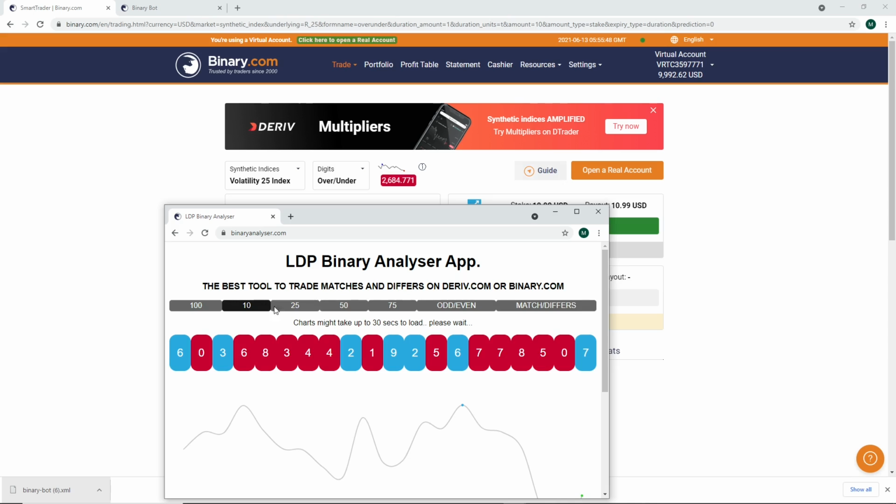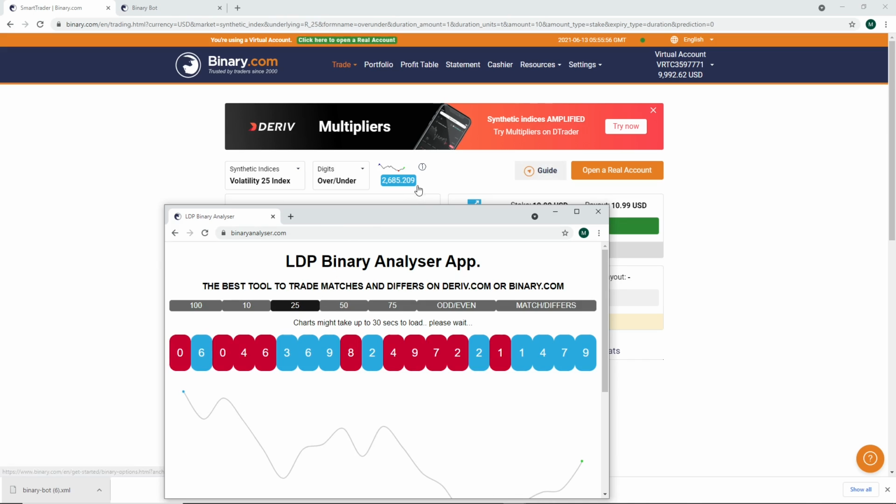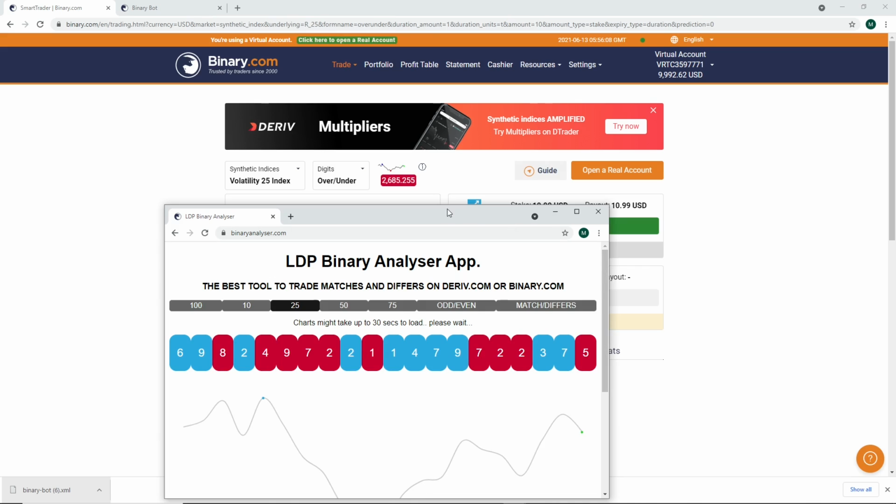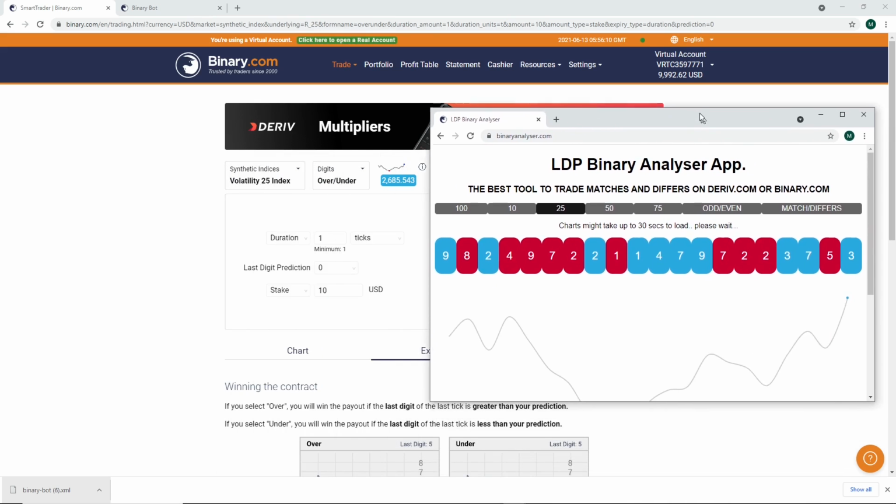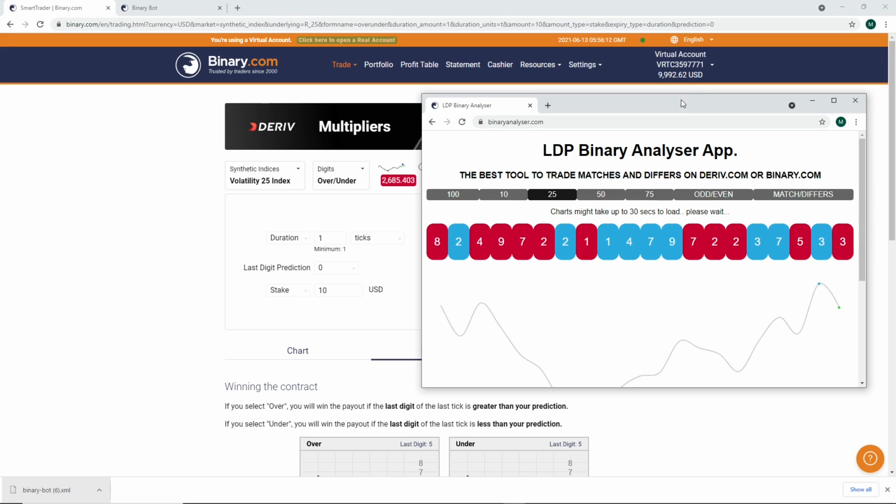We want to choose Volatility 25 here, the same as there. After that you will find the same digits present: 7, 7, 3, 2, 2, 2, 2, 3, 3, 7, 7. This is used to capture the last digit easily. For that purpose only I am using the LDP analyzer.